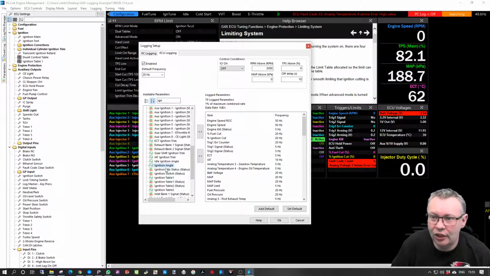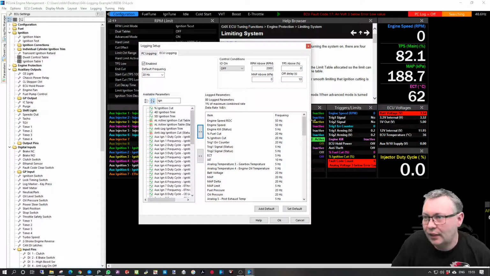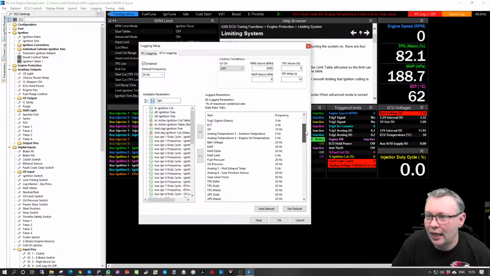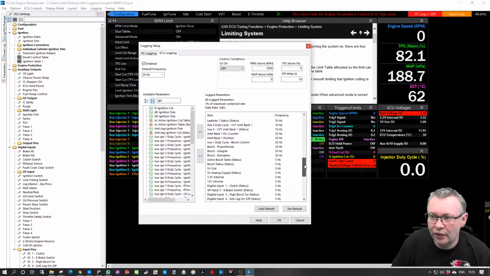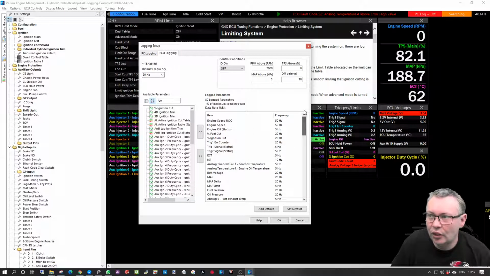Okay, so we got our ignition angle, and we'll put that in. And basically, I think that completes everything that is needed now to give you a fairly good overview of your engine. So what I'm going to do is make another video looking at this data and what it means, how you can improve your vehicle's running by looking at the data and making small